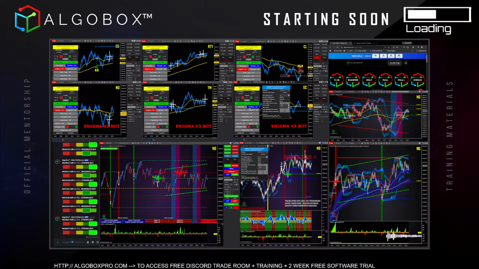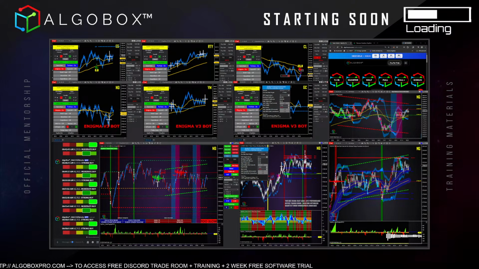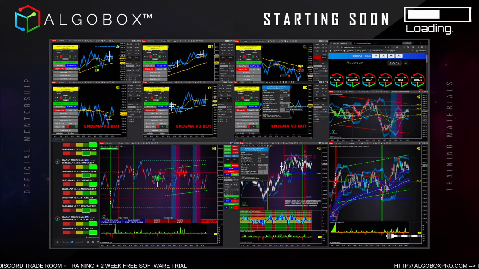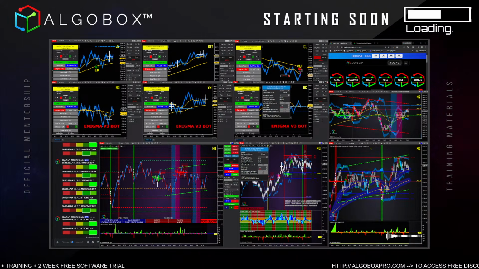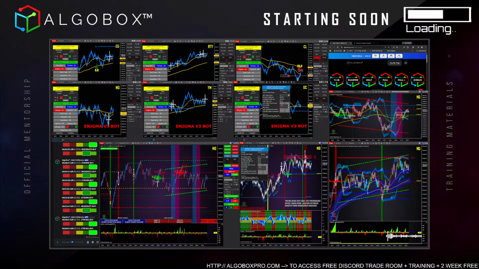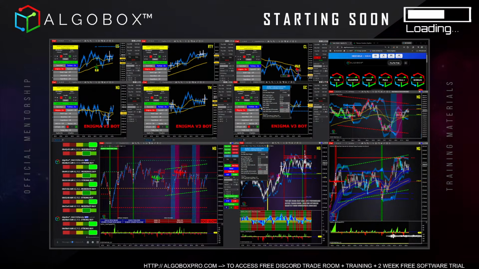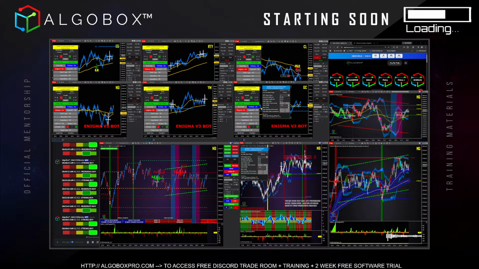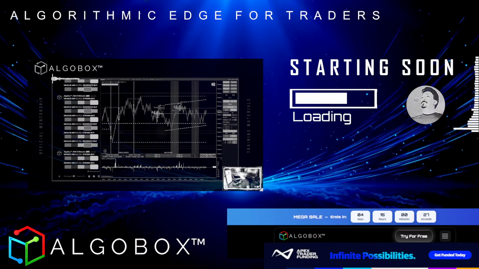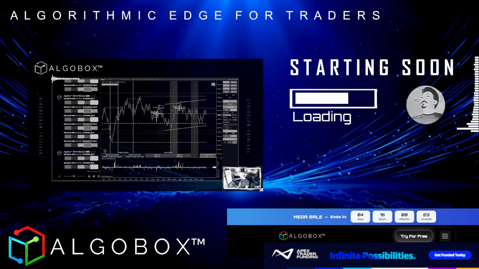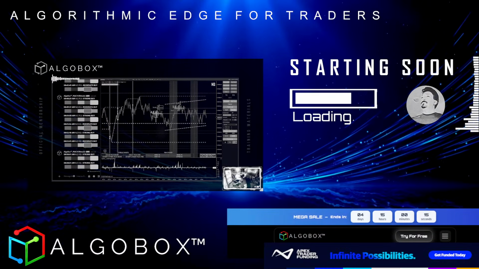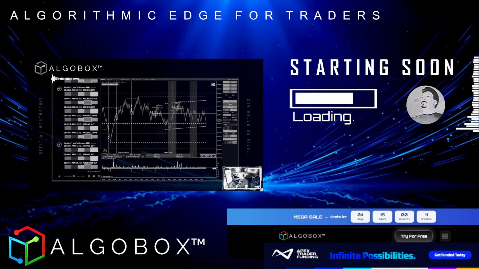Enigma short on the CL2. Alpha Omega NQ on the 5.